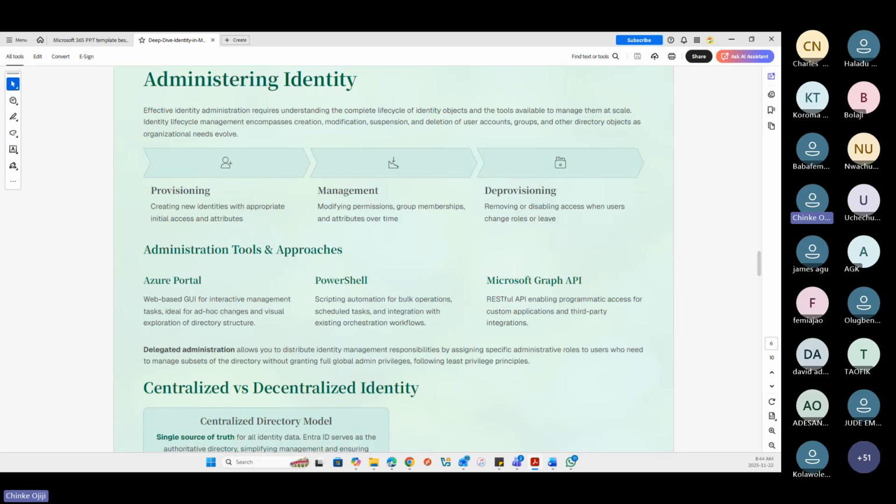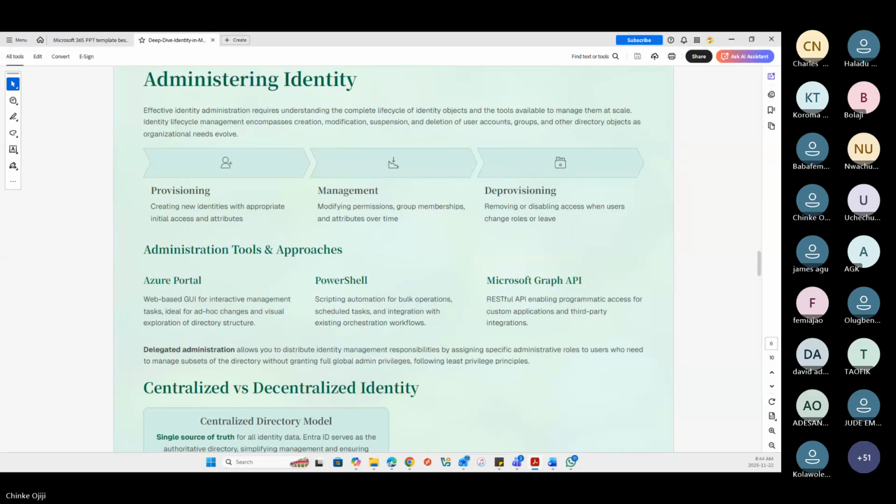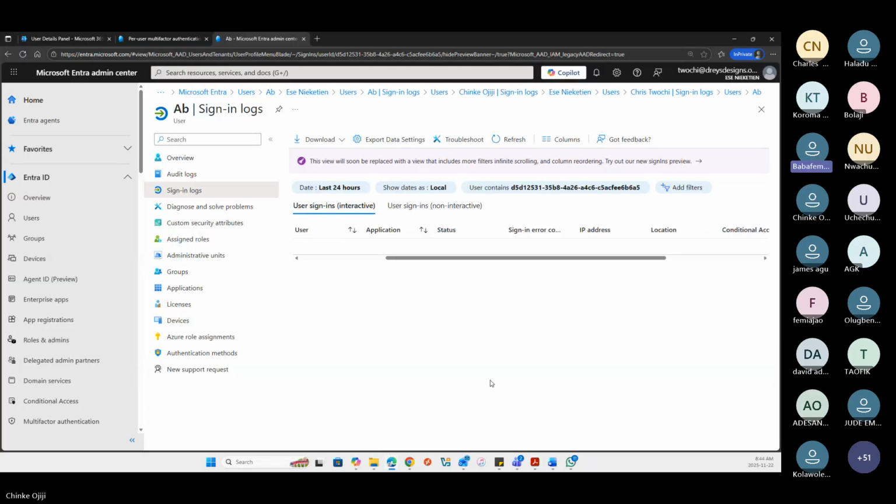Oh, now, Babafemi, you still have a question, or is this from before? Yes. Oh, okay. Let's take Lovina. Then we'll take Femi. We'll take Richard, and we'll take you, Babafemi. So, Lovina, please go ahead.